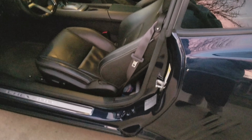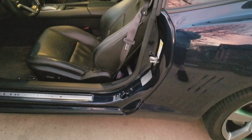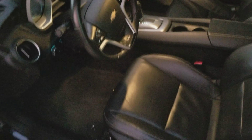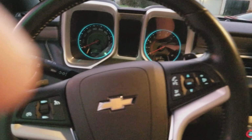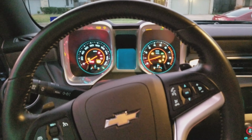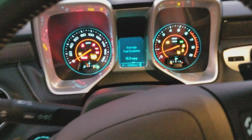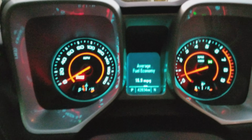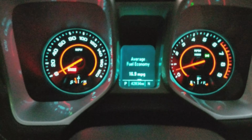Look at that door jamb. I know it's kind of dark now, but so clean everywhere. I still have to vacuum, but all the leather's clean. Look at that door jamb. Everything is spotless. Okay. See if I can focus in on